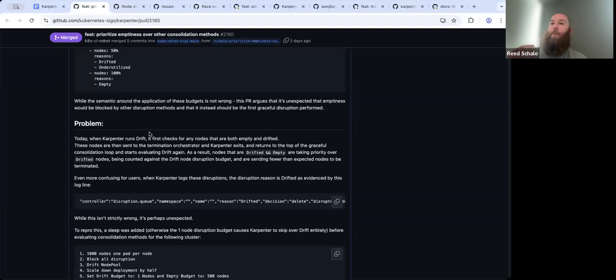extremely permissive and your empty nodes were not, or vice versa, you may expect that you would attempt to drift up to 100 nodes and instead you're drifting one at a time for emptiness, or more empty nodes than not. And so while reconciles are fast and this shouldn't be a problem, it's not super deterministic. And so taking out the handling of empty nodes from drift enables emptiness to be able to handle all of this on its own. And then emptiness running first also addresses a bit of what we were getting at